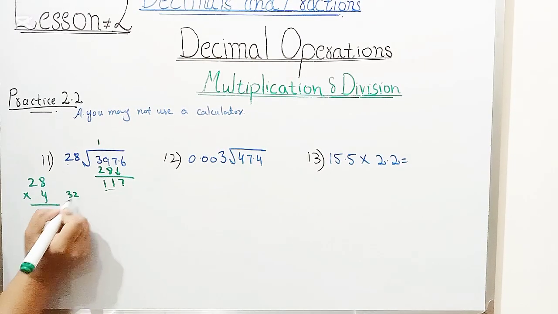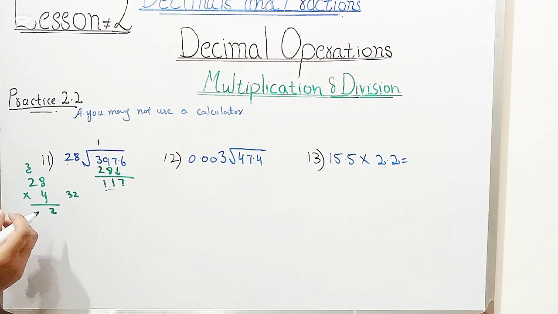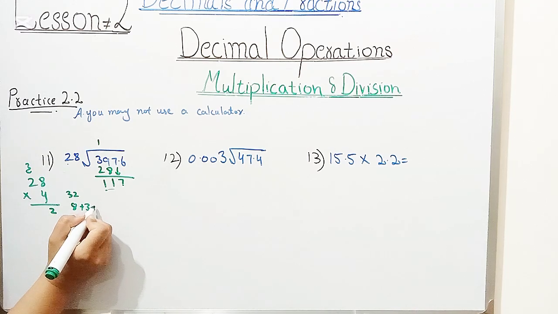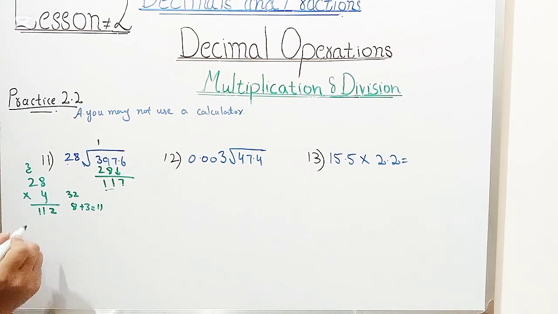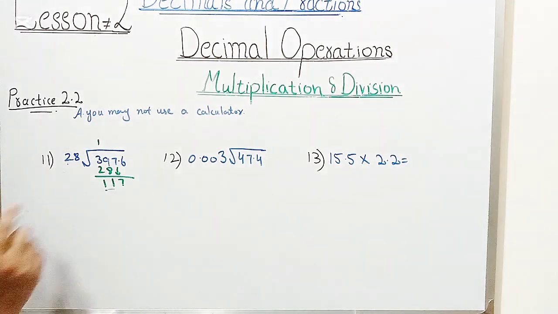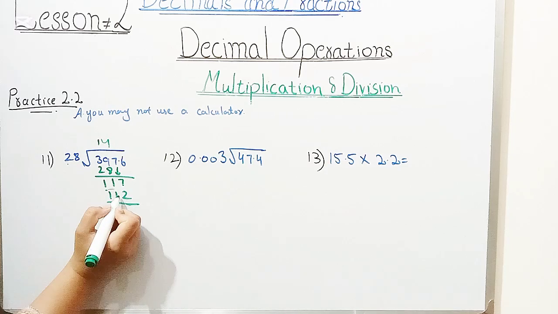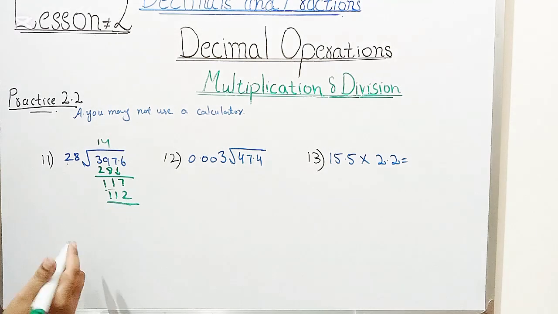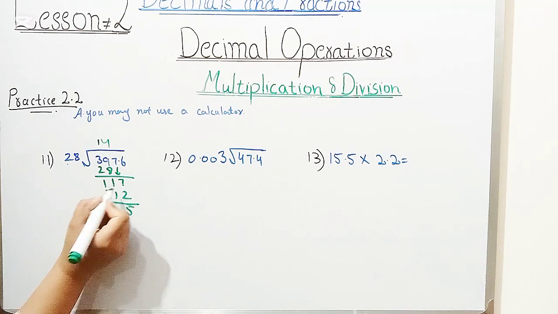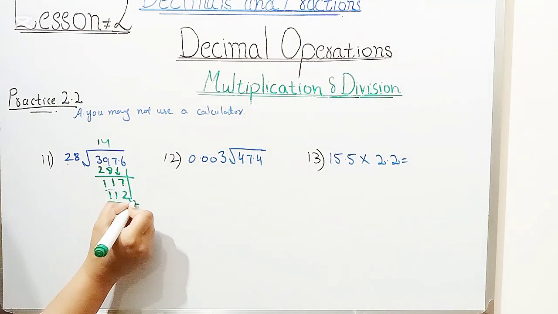8 4s are 32. I will write 2, 3 to the next value. 4 to the 8 plus 3, 9, 10, 8 plus 3. It will become 9, 10, 11, 112. So I will write 4, 112. Then I will subtract 7 from 2. 3, 4, 5, 6, 7. 5. Then 11 will be 11, 0. Then 6 to the next value.